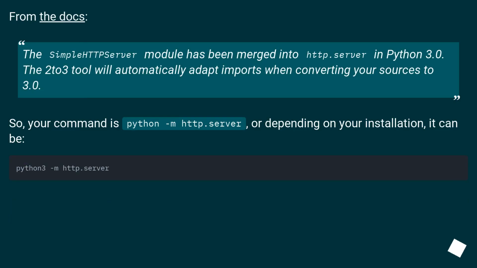From the docs: the SimpleHTTPServer module has been merged into http.server in Python 3.0. The 2to3 tool will automatically adapt imports when converting your sources to 3.0. So, your command is python -m http.server, or depending on your installation, it can be